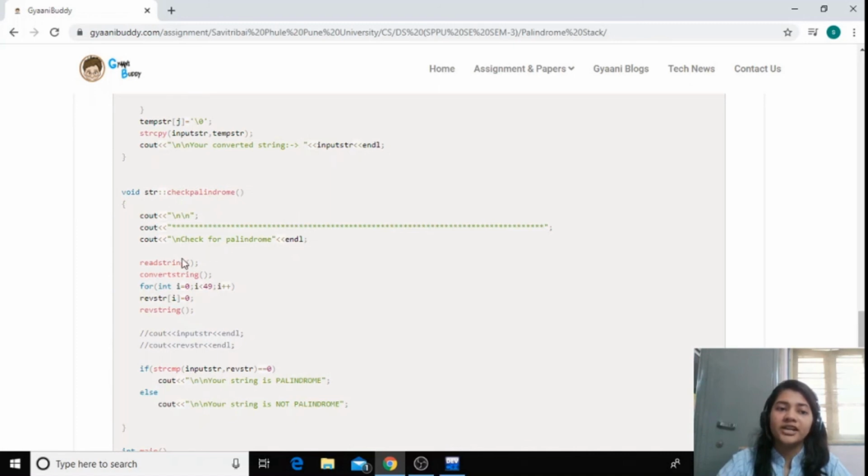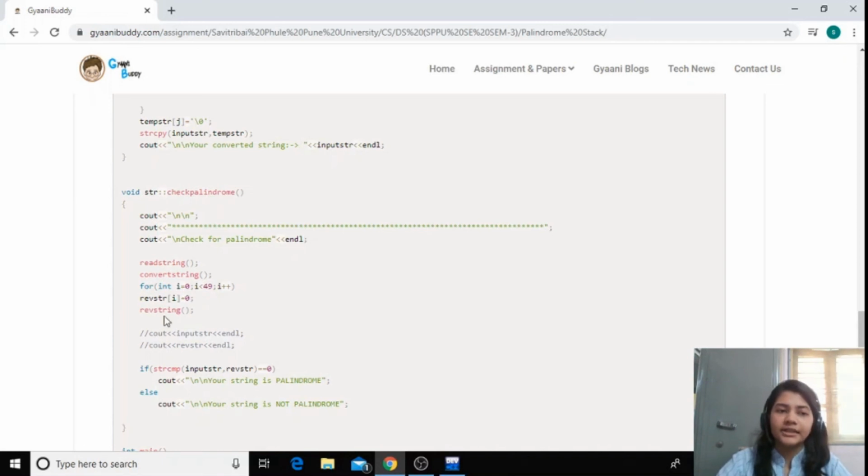The value which we gave previously in the main function will remain there, and due to the differences in the length of the string read in the check palindrome function and the main function, some characters are not being overwritten and remain in revstr, and we don't get accurate results. So I'm running a loop to empty the reverse string variable, which is not local. I'm running a for loop and assigning it 0, or we can say I'm emptying the string.